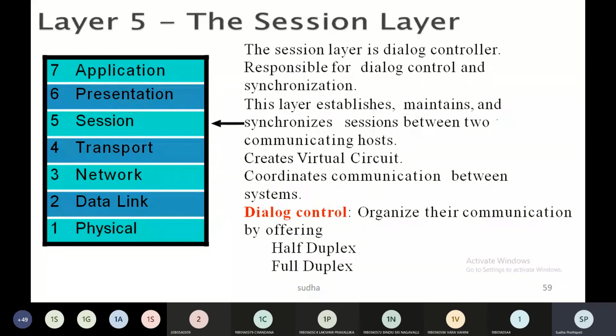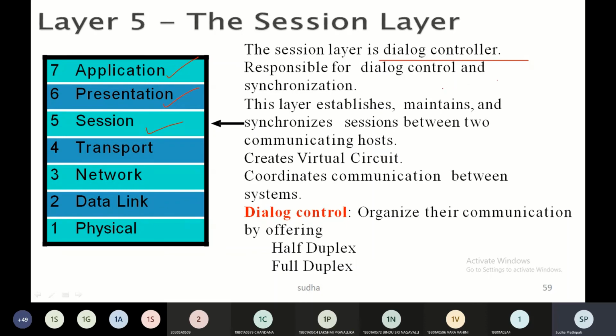Now what happens at the session layer, and what is the session layer? Let us look into that. This is the fifth layer of your OSI. We have completed the application and presentation layers, and now the data has moved down to the session layer. The session layer is a dialogue controller. So what is a dialogue? If you want to imagine telecommunication, you made a phone call, and before talking to the other person, what happened?